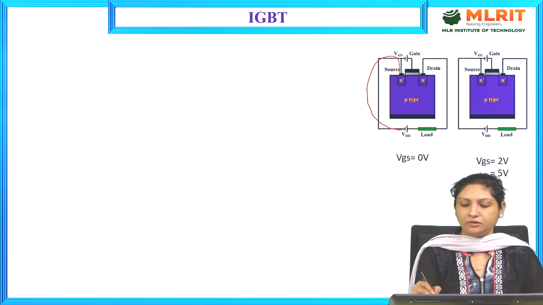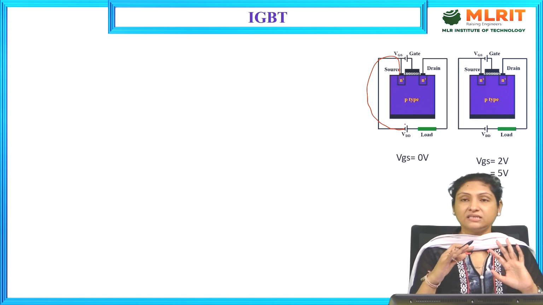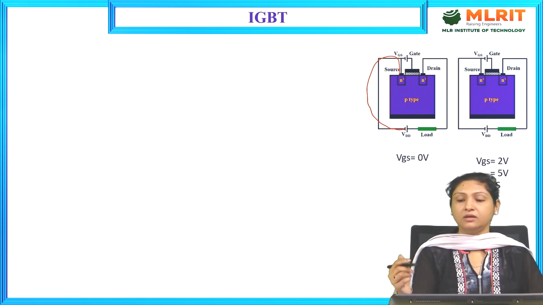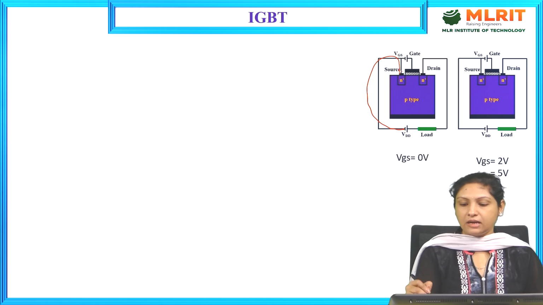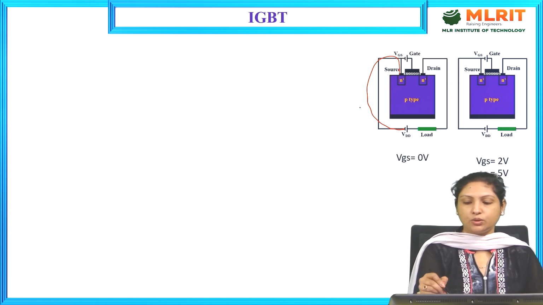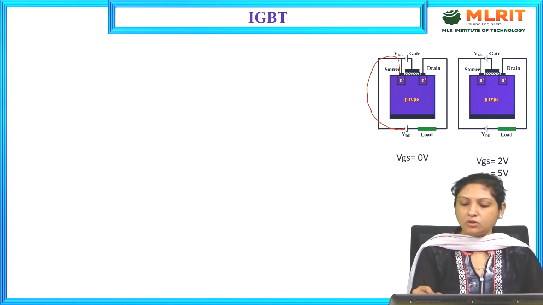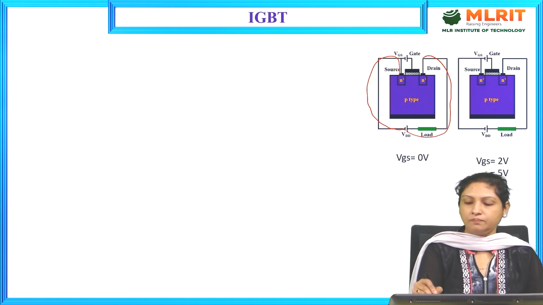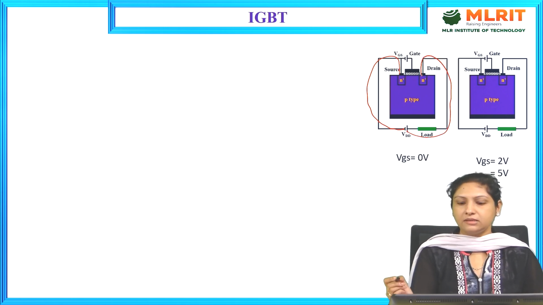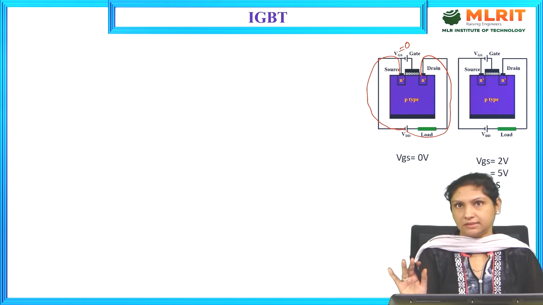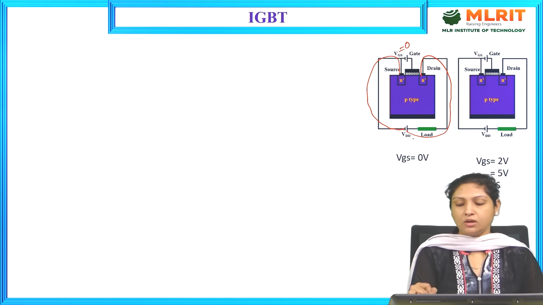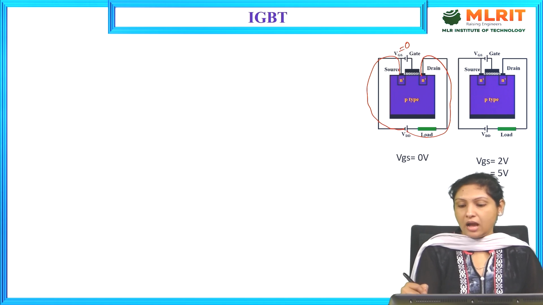Now, this is the MOSFET structure, and here if you see, this N type is connected to the negative terminal. In order to understand the IGBT operation better, here I have considered the structure of MOSFET, and the positive drain is connected to the N type. In that case, when VGS is equal to 0, that is, when the gate voltage is 0, and if VDD is applied, with negative connected to N and positive connected to the N plus region,